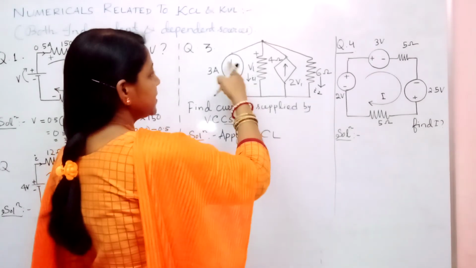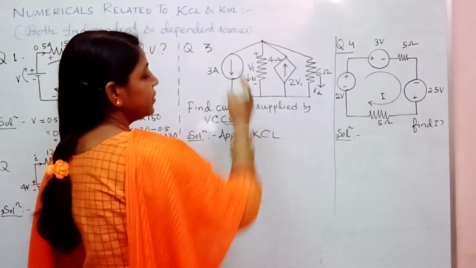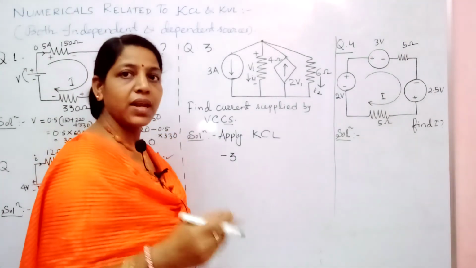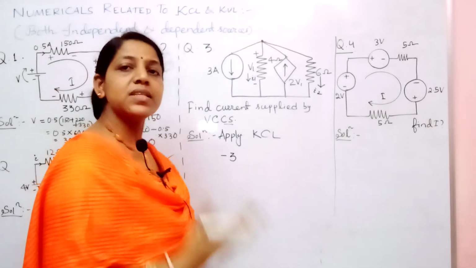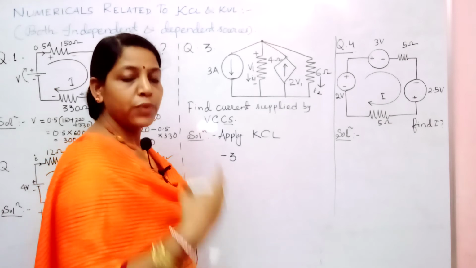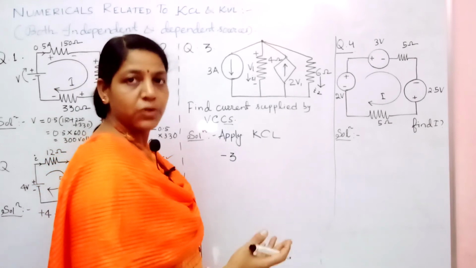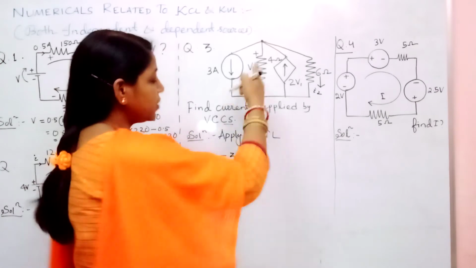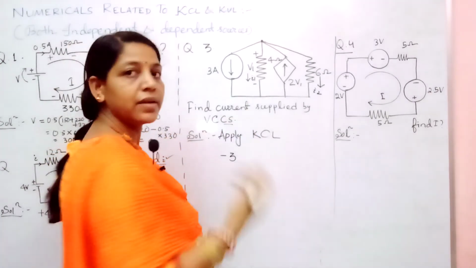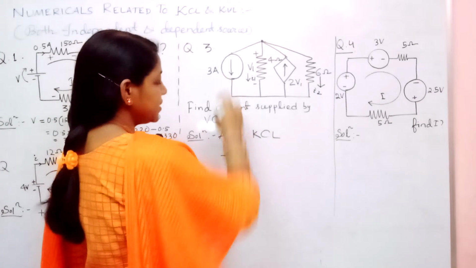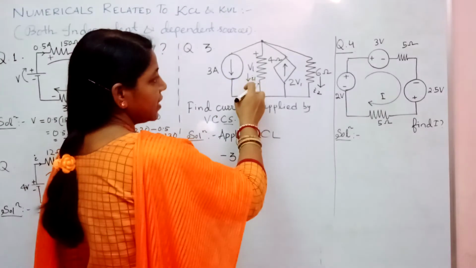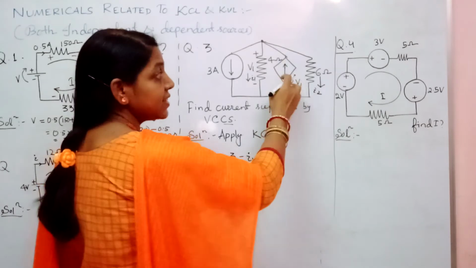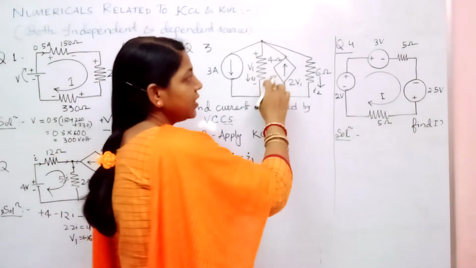So when you apply KCL, now you see 3 amps is leaving. So you write minus 3. Your choice. You can assume my leaving is negative, meaning entering should be positive. If you are assuming that leaving should be positive, then entering should be negative. One sign convention you should stick to. So here I am assuming that leaving is negative, entering is positive. So 3 amps is leaving, so minus 3. Here this current is also leaving, I will write it as minus I1. This is entering. See, give the attention here.